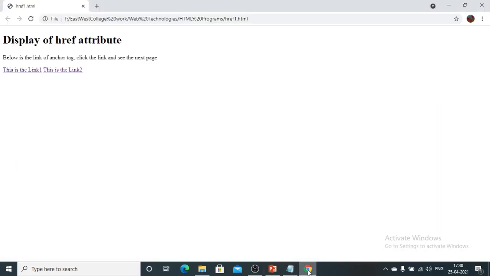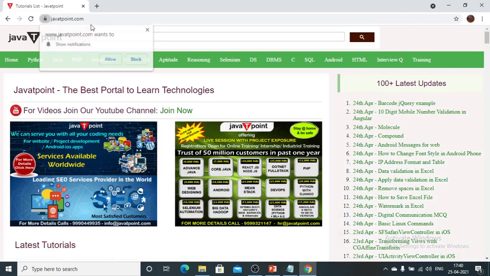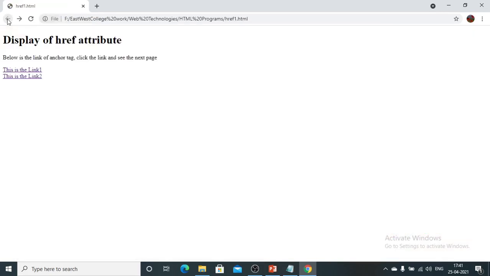Let me go back to the browser and just refresh the content. It will make my line appear on the next line. It is going to break line number 1 as well as line number 2. Now I press line number 1, and since I am connected to the internet, it is displaying here that internet access is available. If I click, then it will go to the Java2Point website. Let me go back to my previous page, and now I am going to click line number 2.